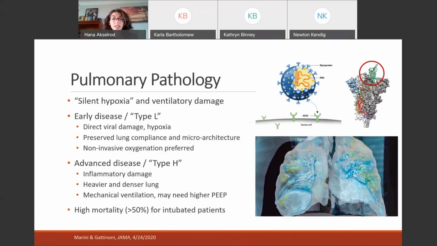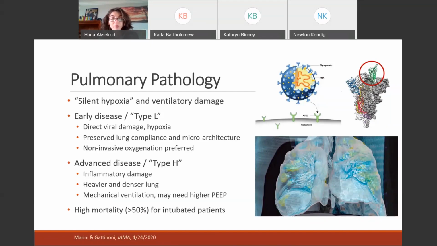The initial reports were consistent with a picture of ARDS, acute respiratory distress syndrome, which is a combination of direct viral damage, but then transitioning to a cytokine and inflammatory inflicted injury. That still remains the frame to some extent. However, the pulmonary and critical care experience has been that the lungs of patients with COVID-19 in its severe presentations